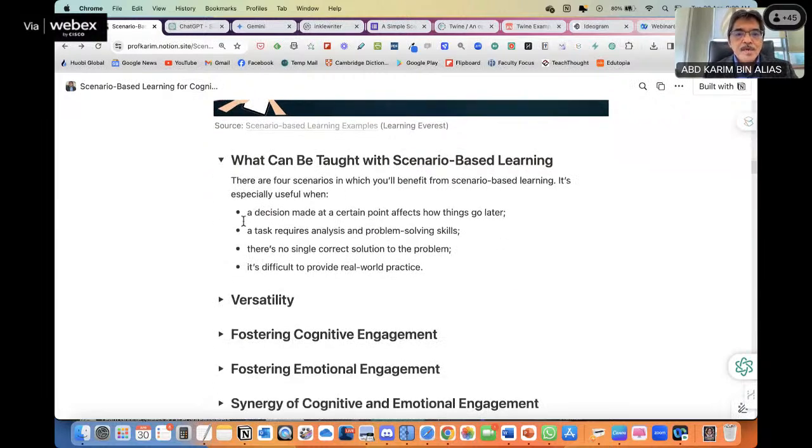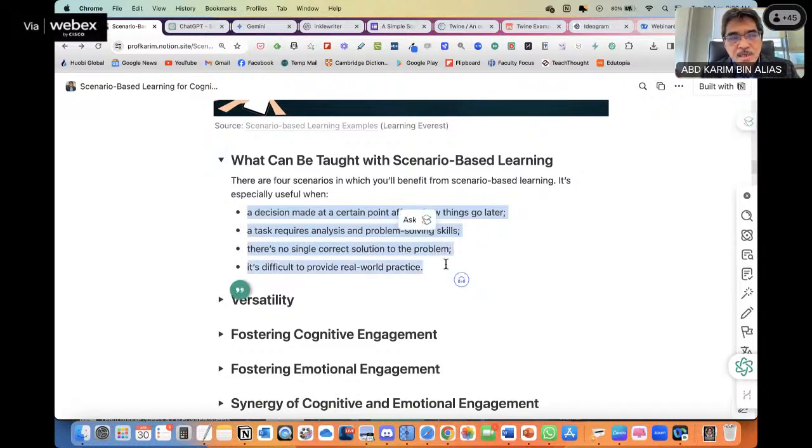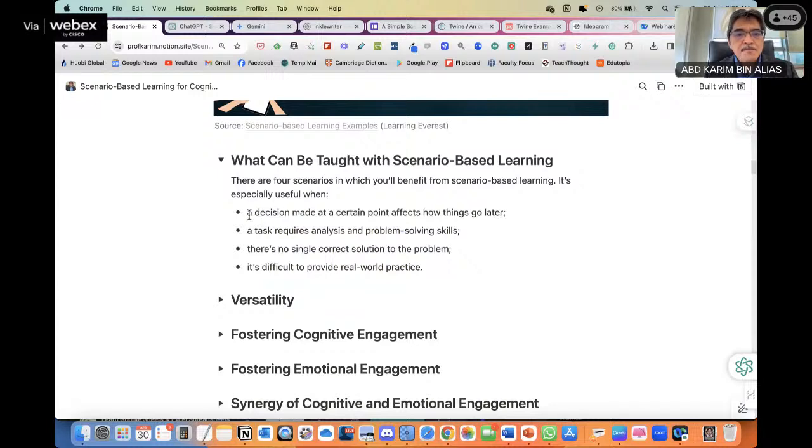So here are the 4 points that would help guide you if you want to decide whether you want to use scenario-based learning or not for your course or for the lesson. One is when a decision made at a certain point affects how things go later.